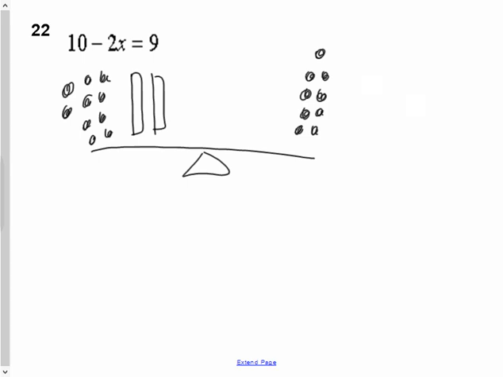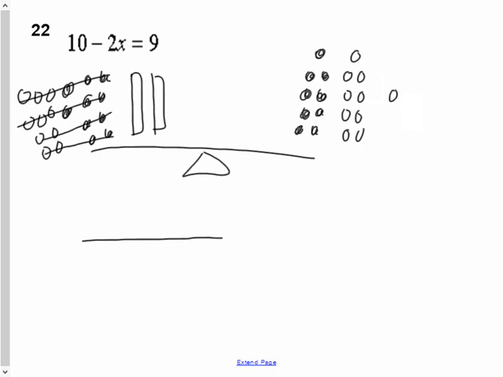So the first thing I want to get rid of is my constant, which I have to identify as the positive 10. It's the side of the equation that has the variable. So in order to get rid of that constant, I'm going to put a negative 10 on this side. And whatever I do to one side, I do to the other. And a negative 10 on the other. This creates my zero pair with my constant,